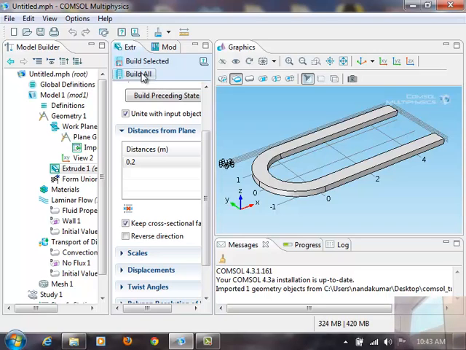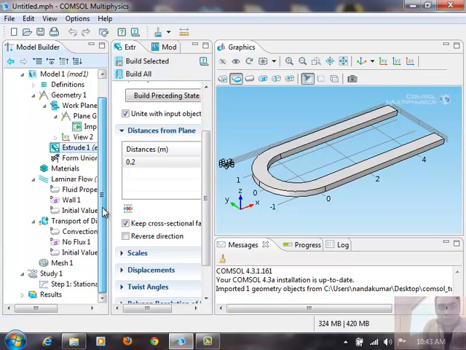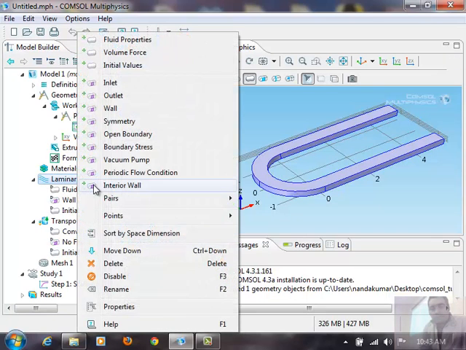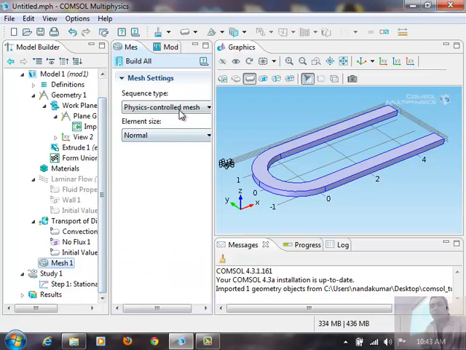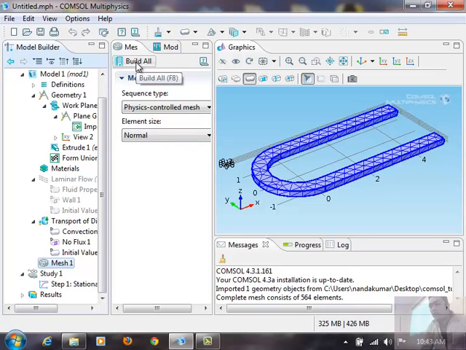Now there are different mesh options. So first thing is you can always go with the default mesh. The default mesh is adapted based on the physics you are trying to solve. So if I just say disable this, then the mesh is adapted just for the concentration field which we are solving in the transport of diluted species. So now if I choose physics controlled mesh and say normal and build all, it is a coarse mesh